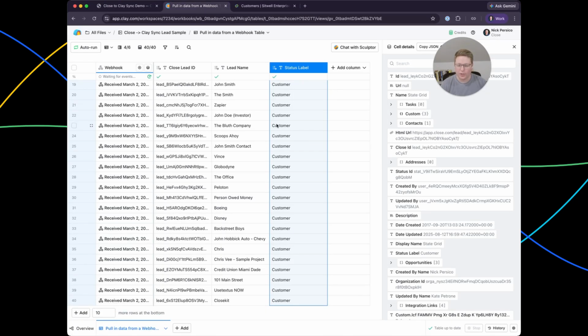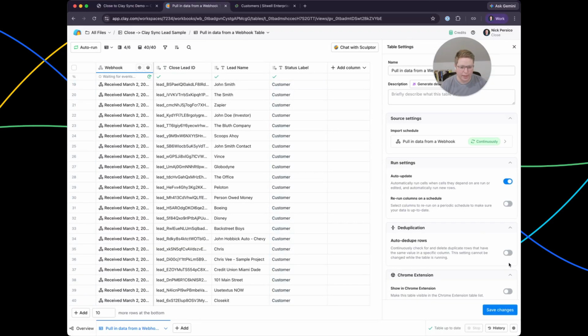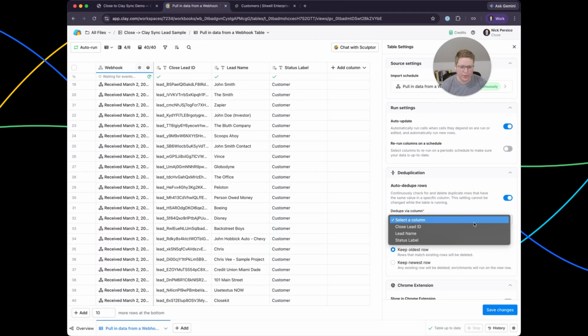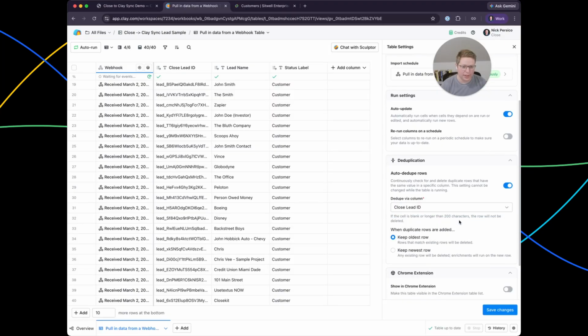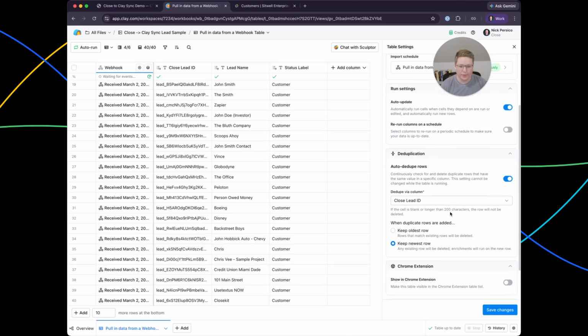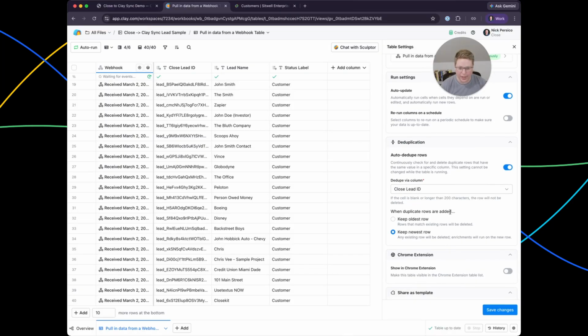So boom, that works. So one other step I need to do before I go do other things in Clay is I need to make sure that we are handling any duplicates that can come in, because you do make changes to these leads and contacts over time, and the new syncs go into the Clay workbook. It's going to create new rows, and we want to avoid that, right? So if I hit Edit Table Settings and select Auto Dedupe Rows and select by the Close Lead ID, which is a unique identifier, and select Keep Newest Row, this will have the newest information on that lead or contact